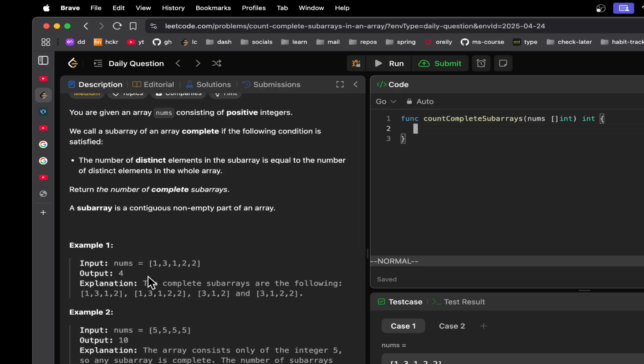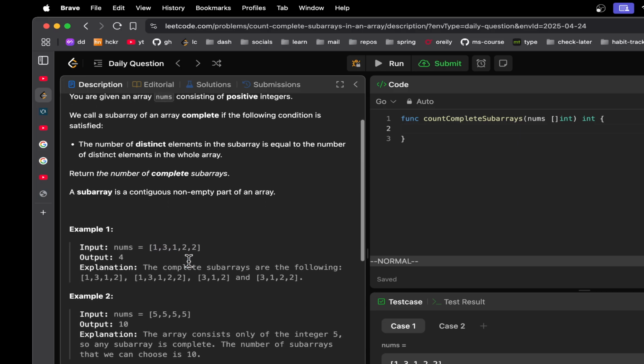All right, a subarray is basically like we have this nums array, right? So 1 3 1 3 1 1 3 2 1 3 3 1 2 3 1, all of these are subarrays. They have to be consecutive. You can't take 1 1 2, you can't skip any element in between. You have to take in a continuous manner. So you can take 1 3 1 3 1 1 3 2 like that. So a subarray is a contiguous non-empty part of an array, and we need to return the number of